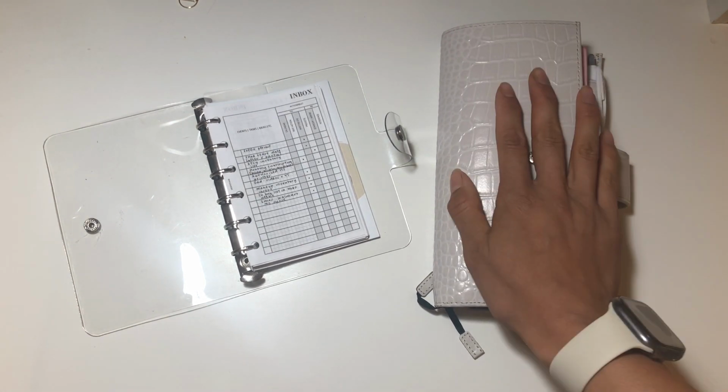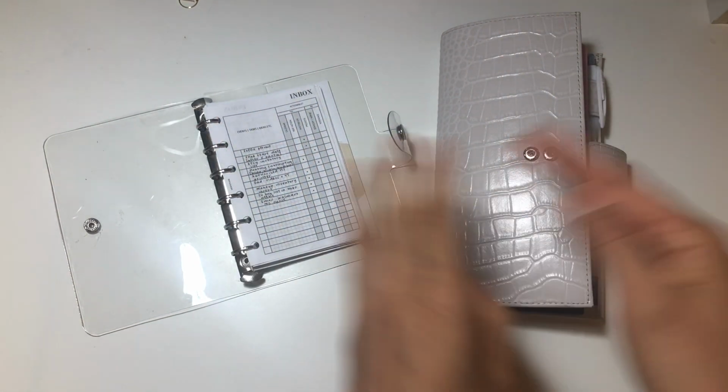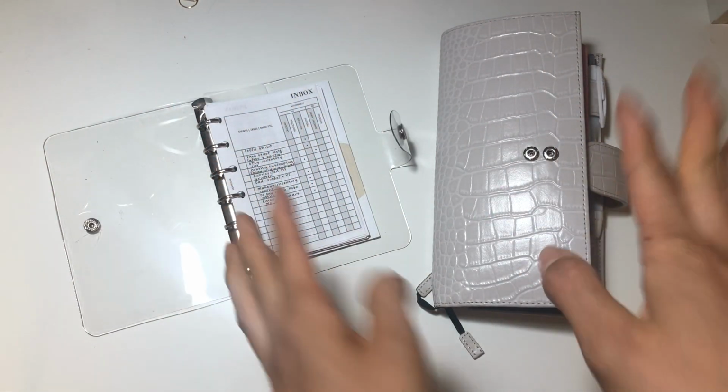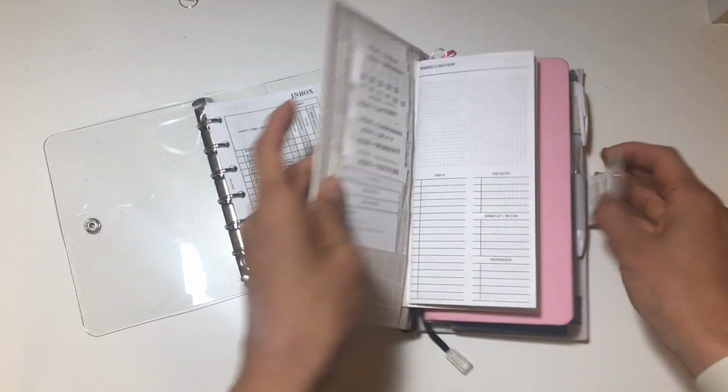insert, I guess, to organize each day, because I plan at the beginning of the week and then by the next day, on Tuesday or whatever, it's already changed. So let me show you guys